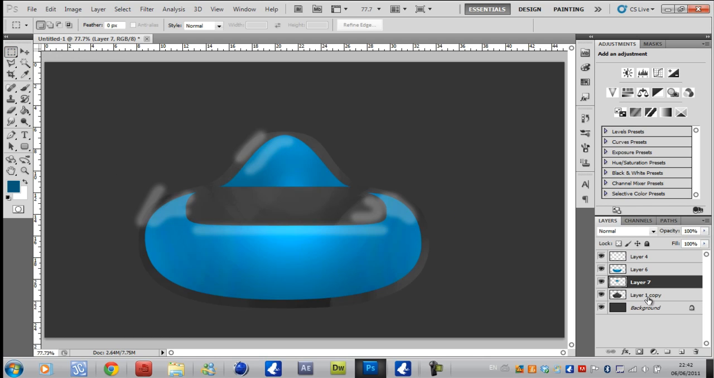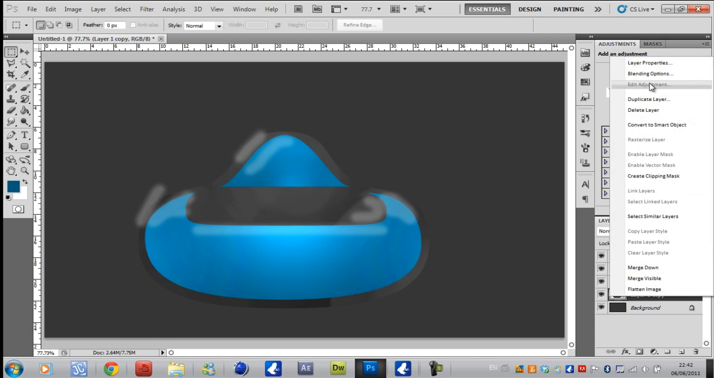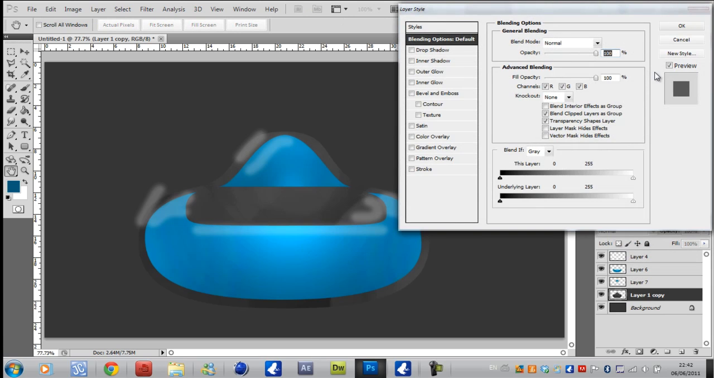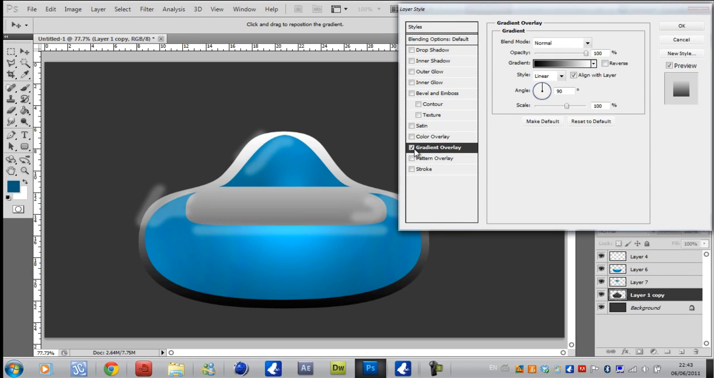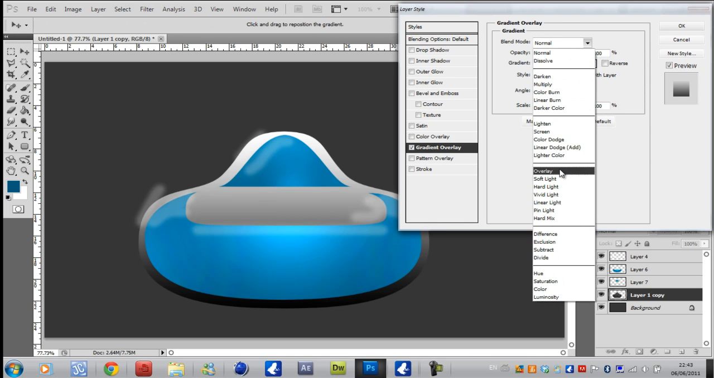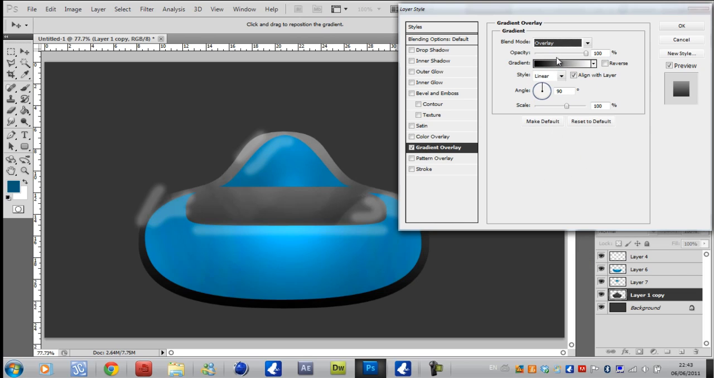Right, so next, what I sometimes do, and what I did in my last interface, is just set this to overlay, and as you can see, it's